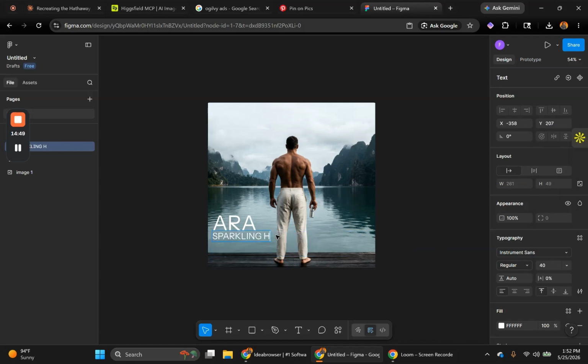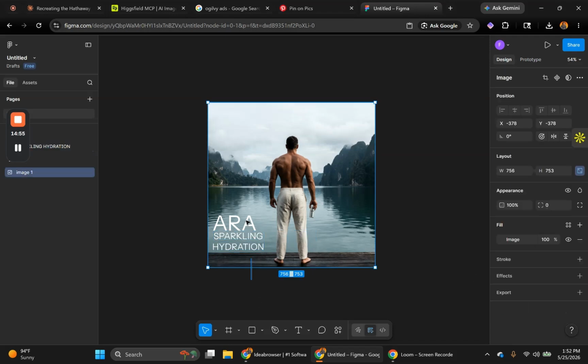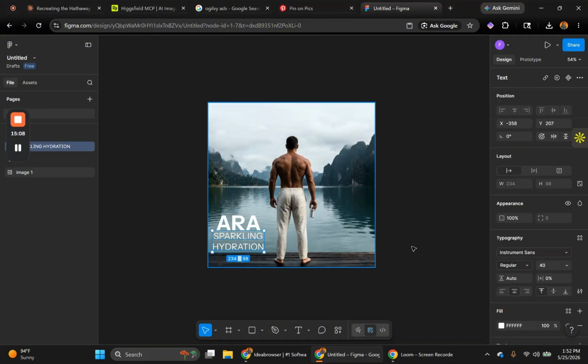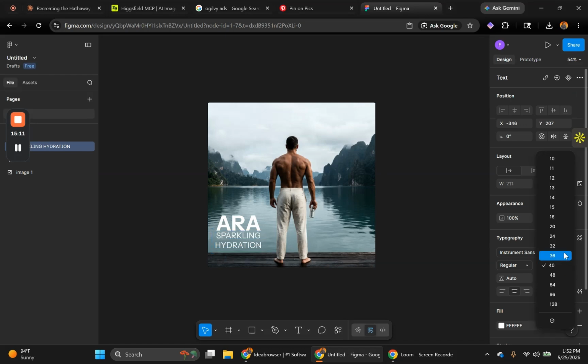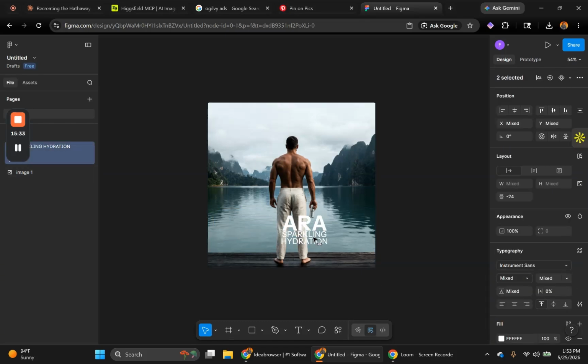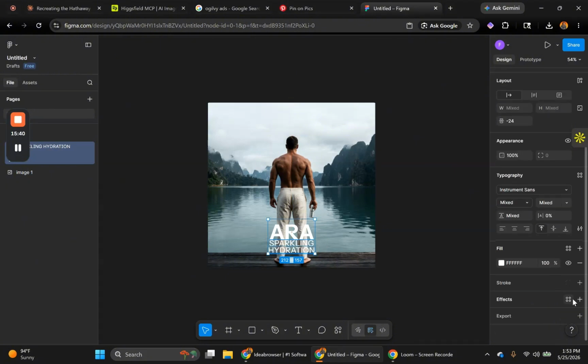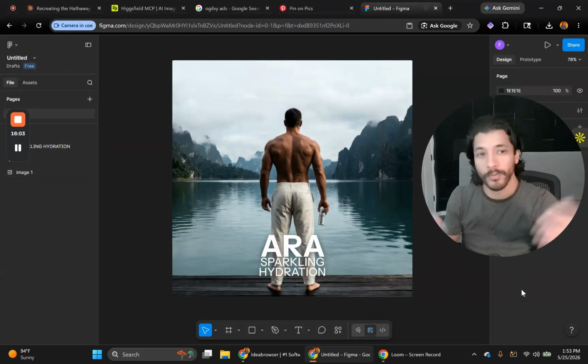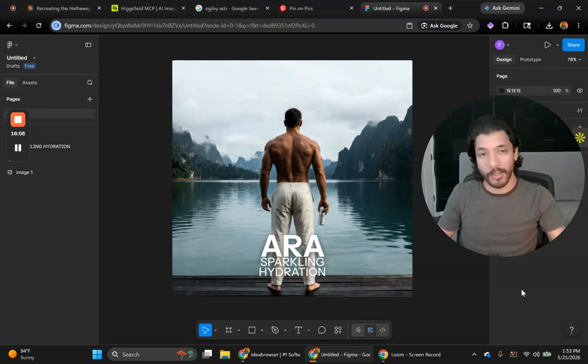And I'm actually going to change water to hydration. Yeah, that's a lot cooler. And we're going to center this. We're going to go here, take this away, center that, and go bold. And then we're going to change this to 36. We're going to reduce this spacing here, there. We're also going to make this medium, and we're actually going to go, okay, small little thing here, just some drop shadow, and we're going to make it a little bit darker, and we're going to make it a little bit more blurred. So not exactly a game-changing ad, but something that you could put out or at least use